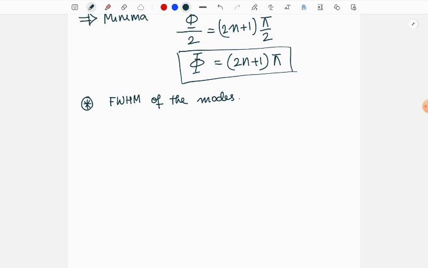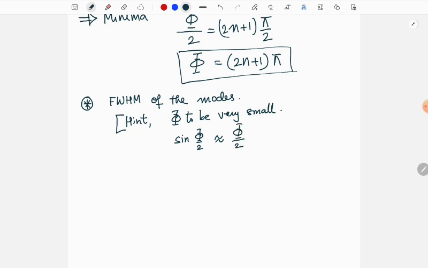You may need to take one approximation, a hint: take phi to be very small. If that is the case, you can approximate sine of phi by 2 to be phi by 2. If you use that, you get an easy functional form, and what you will land up with is that your FWHM comes out to be